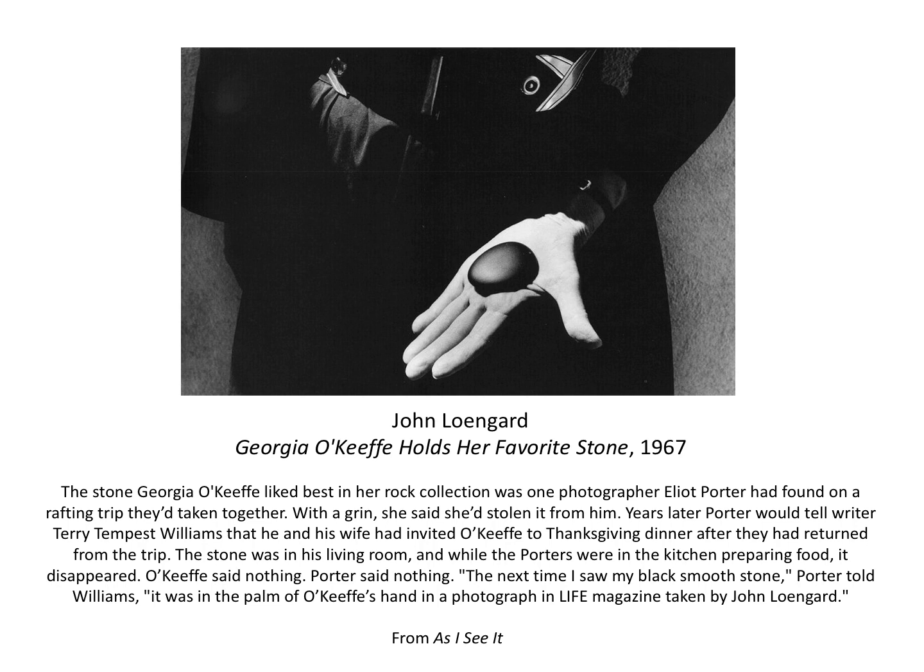And after one of these trips, it was clear that Elliott had the most beautiful stone, and O'Keeffe wanted it, and Elliott wouldn't give it to her. And the rest of the story is written here. Elliott and Aline had O'Keeffe for Thanksgiving dinner, and they purposely left the stone out on the coffee table, knowing very well that sometime during the night, O'Keeffe would steal it. And she did. And as it says right here under this slide, Elliott hadn't seen that again until he saw the John Lowengar photograph, where basically O'Keeffe admits to this.